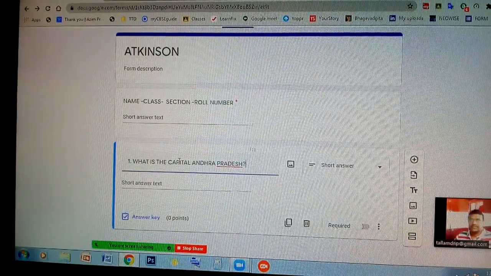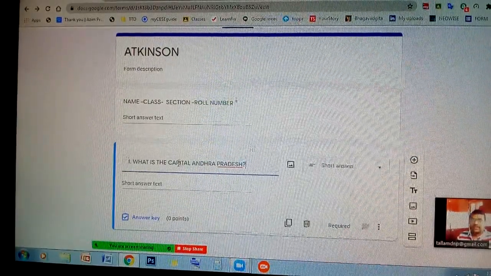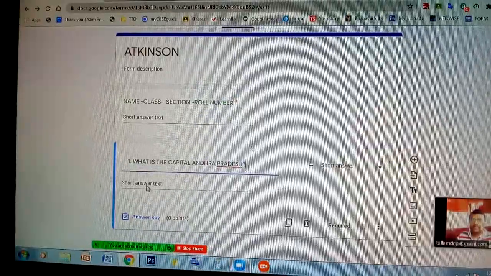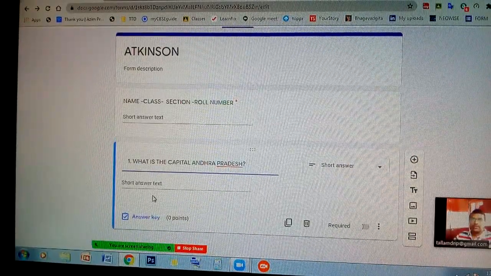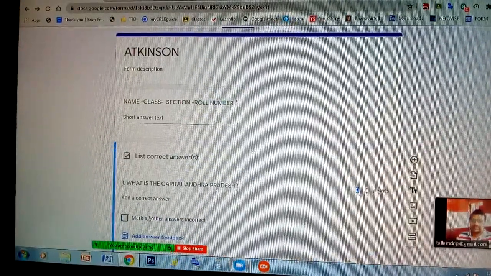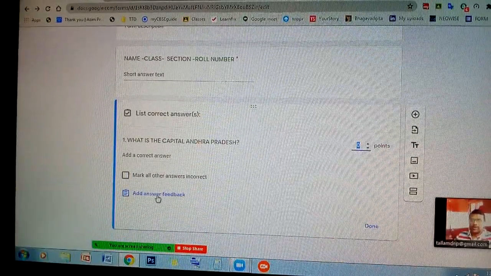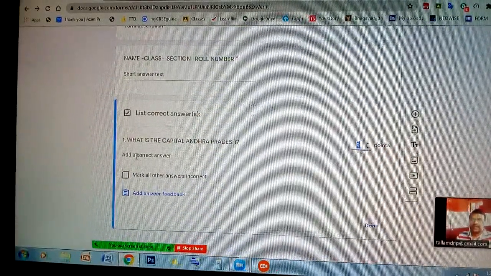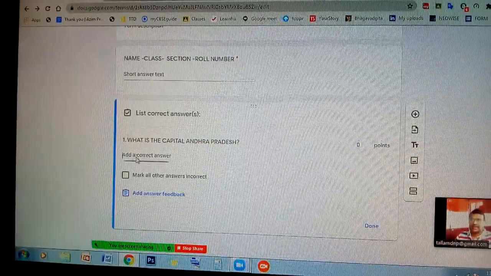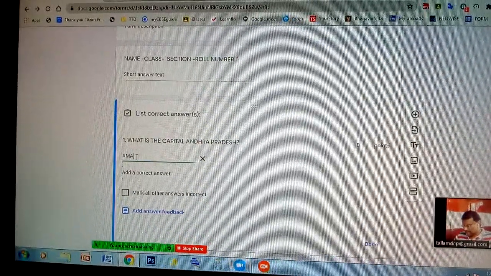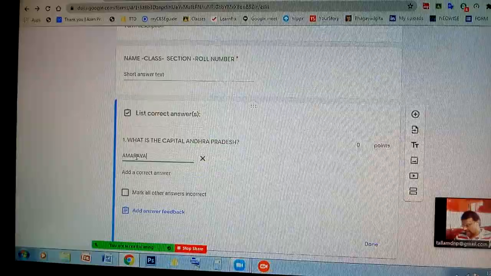This is the question, and after giving the question, leave this second line for the student, but you need to feed the answer. So you select Answer Key at the bottom. As you select, here you will see add a correct answer. Here you type Amaravati.